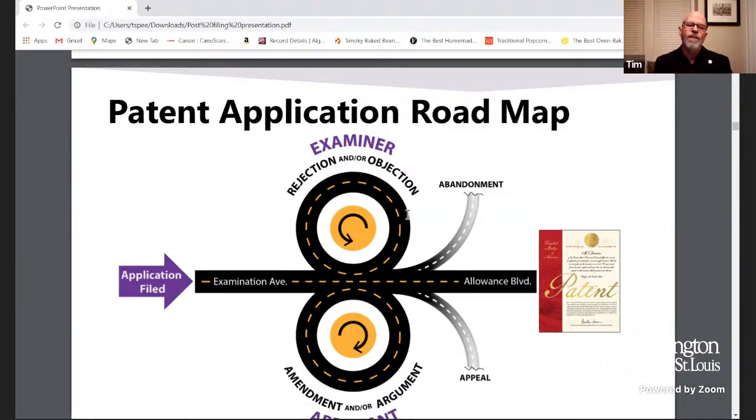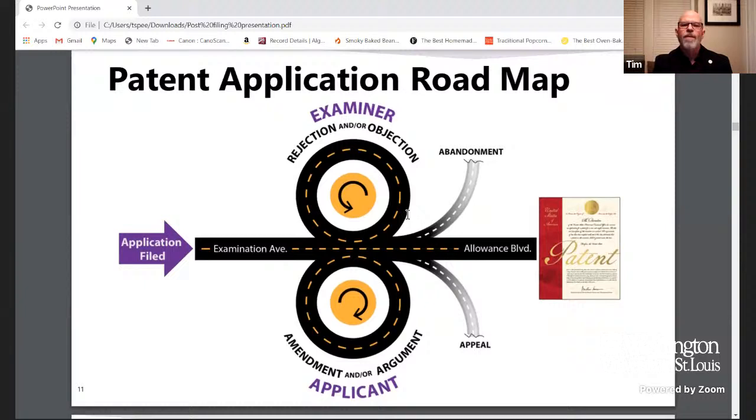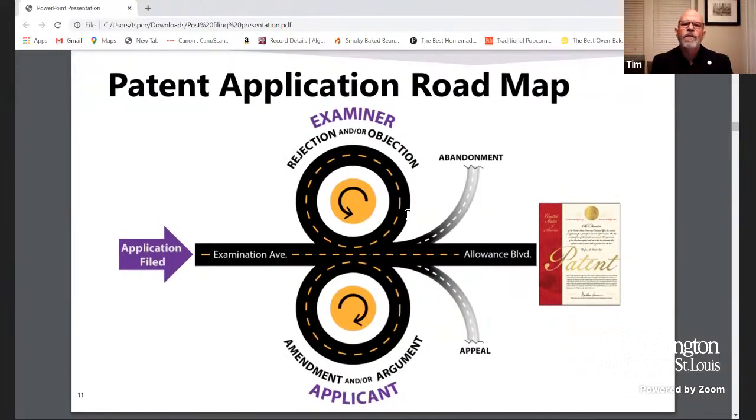Some of those things are called rejections. Some of those things are called objections. We write something up. We send that out to you. You respond based on what we did, and you can amend your claims, and you have certain actions you can take at that point. You send us a response in, and we look at that and evaluate again in view of any evidence or anything that you've submitted. We reconsider our position, and then we either can send out another action. We could allow your case and issue your patent, or in some instances, we simply can't come to agreement and your application goes abandoned and you don't get a patent, right?